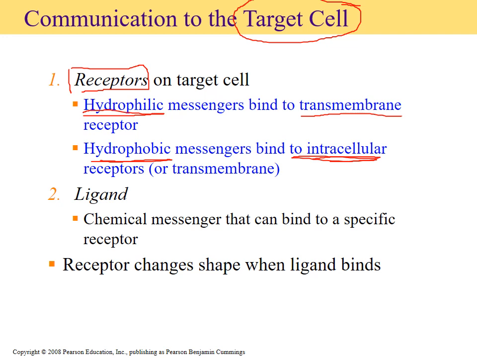If you see the term ligand, that is basically another way of us saying hormones or the chemical messenger. The reason they like to use the word ligand is because the ligand is often very specific as to which receptor it can interact with. Very similar to when you discuss things like enzymes and you have a specific substrate that has to bind with